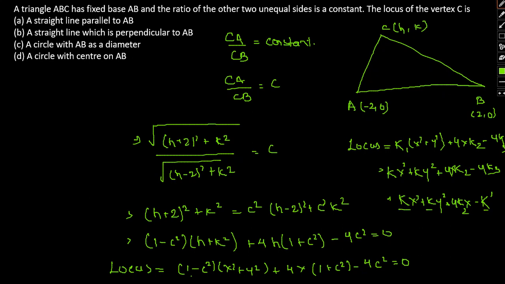If you take a look at the above, we can see that the equation is of the form x square plus y square. So that means it's a circle, right? Because of the x square and y square form, this option gets cancelled and this option gets cancelled. Now, is AB the diameter? No, AB is not the diameter because we haven't got any particular point with respect to 2 and 3. So AB cannot be the diameter, but the center will lie on AB because even after doing so we get some constant value. So option D will ideally be the correct solution as far as the question goes.